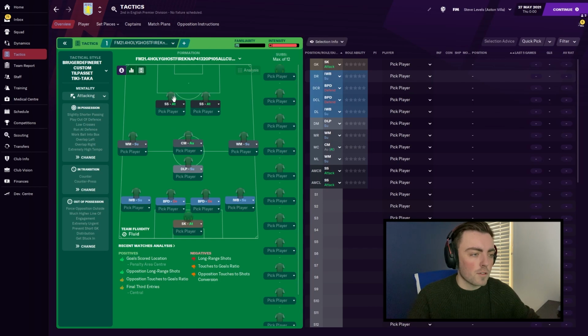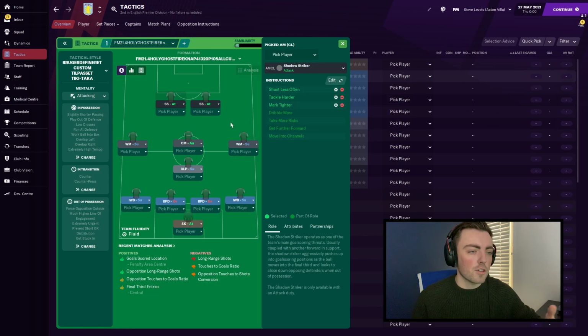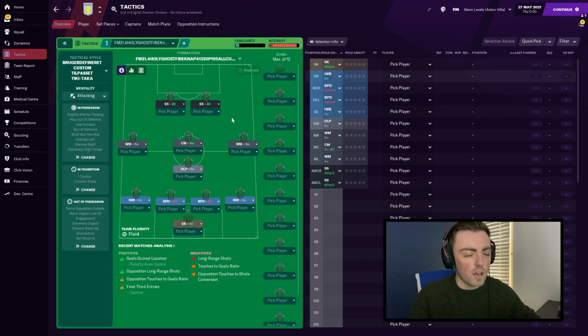And then up top are 2 shadow strikers on attack with shoot less often, tackle harder, and mark tighter. Even though it's shoot less often, they still score a lot of goals. I found that quite interesting myself. I haven't used shadow strikers much, but as I said earlier, I've not bought anyone to fit the formations or anything like that. We've just used the default squads for Newcastle, West Ham and Aston Villa, and the players have